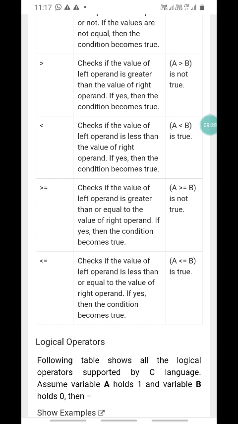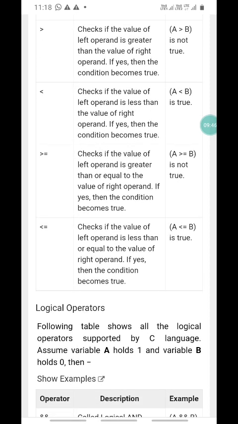It means, for example, A is less than or equal to B, the value 10 is less than or equal to B. Its condition is true, so it gives the answer that the condition is true. The equal to sign works as an OR. In the first condition, check whether A is greater or less. In less than or equal to, first check the less than operator, then the equal to operator.